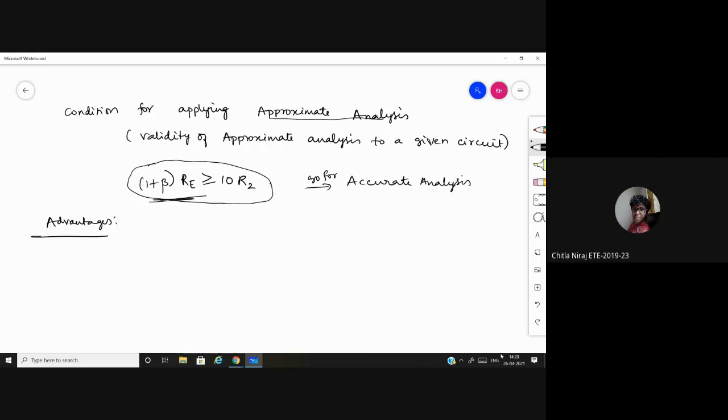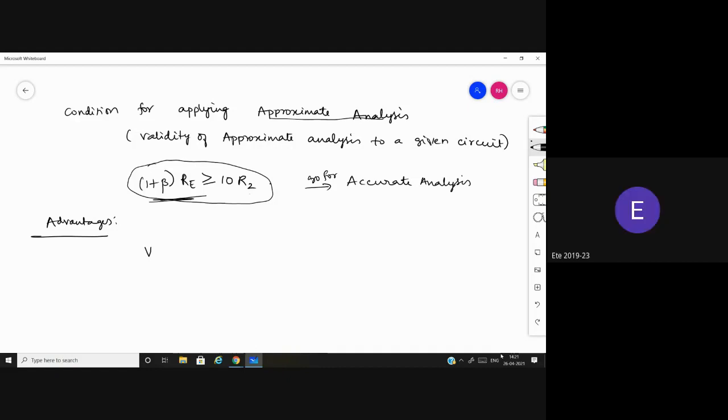So for IE, we take the voltage at B and E, the difference between them. VE is equal to... we know VBE. It is 0.7 or 0.3 with respect to the material used, and we found VB from the base circuit. Using those two, we can find VE, and from that you divide the VE value by RE, you get IE.